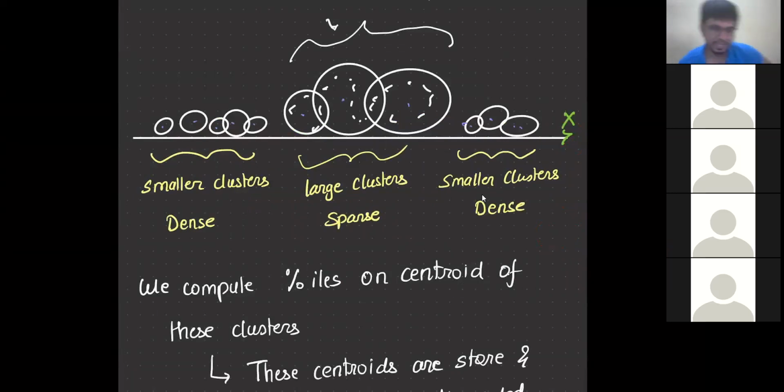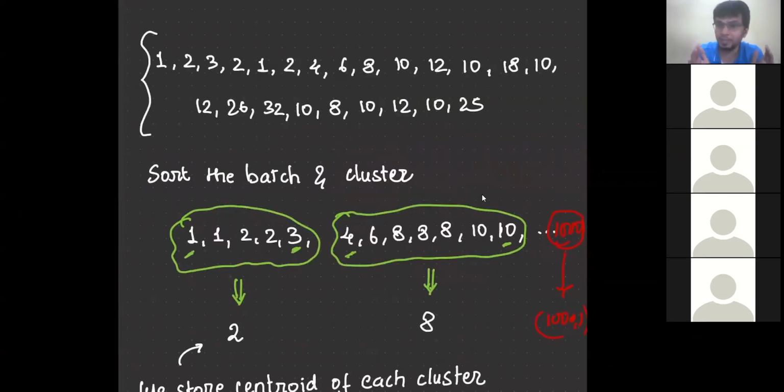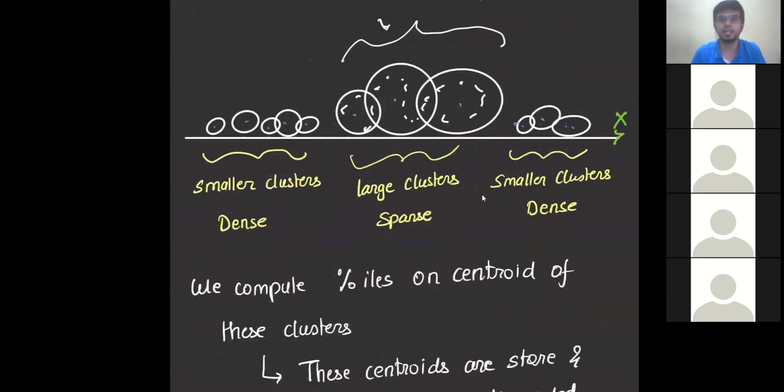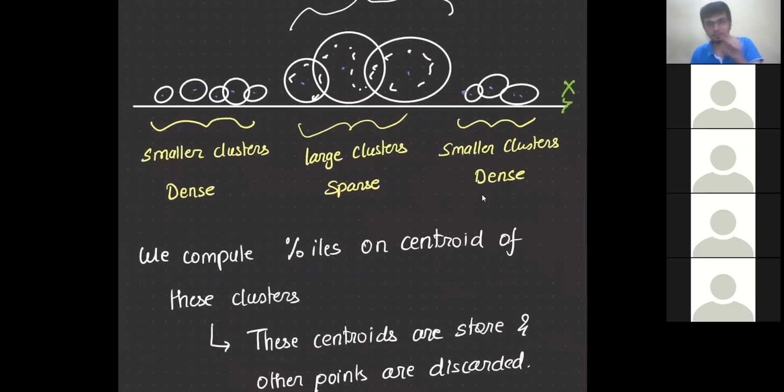Sure. The next part. So now this is where this comes in, right? For smaller values, for larger values, we'll have smaller clusters, and this is denser. Basically, you'd have big clusters for the common values, and this is done for every batch, right? Not for global data. Once a batch of 1000 comes in, this is what it is represented by. Okay, so each of the values is getting represented by that one part.